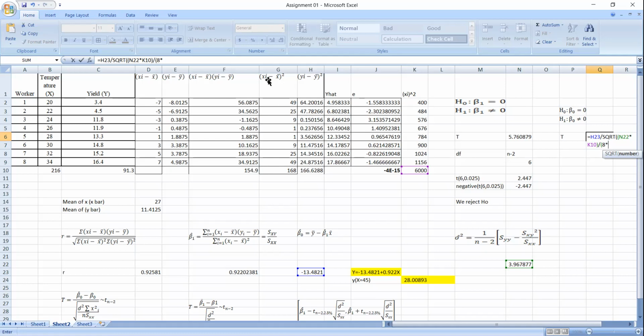Sxx is the summation of xi minus x bar squared. Then we can take the test statistic value. You can see the test statistic value is minus